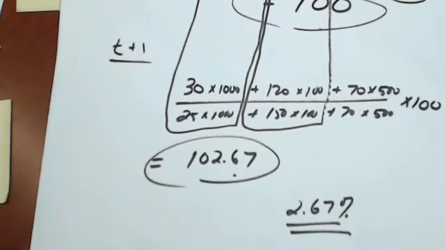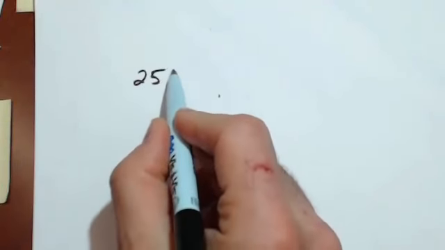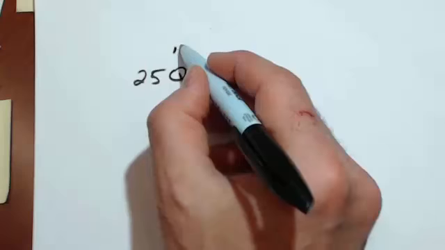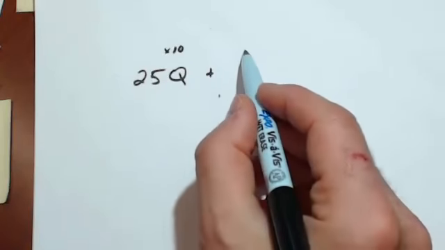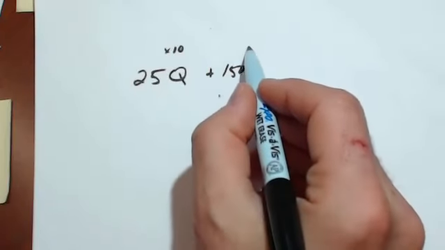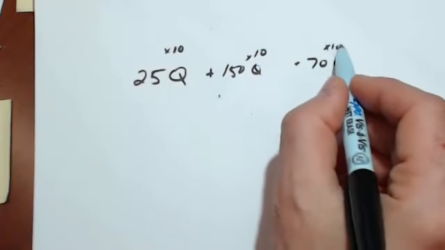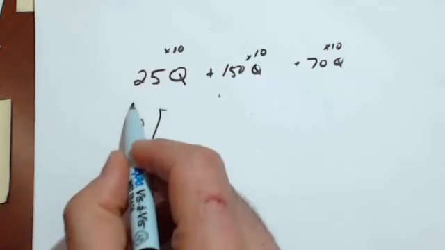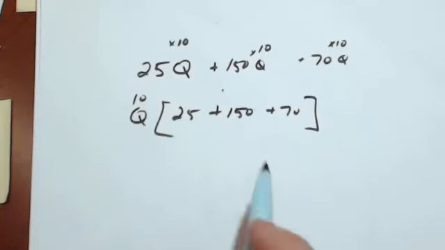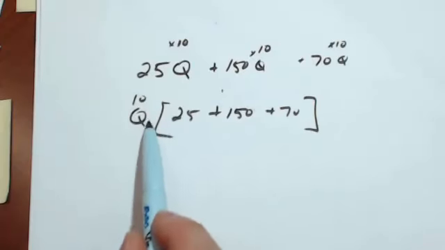So in this case, you'd have 25 times Q plus 150 times Q plus 70 times Q, where Q could be, let's say, 10 shares. The Q pulls out, and you get 25 plus 150 plus 70. And so all you need to do is invest in an equal number of shares, and so you take the